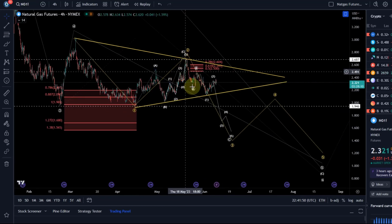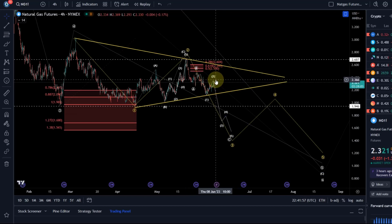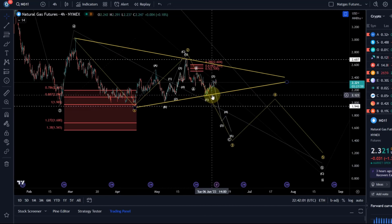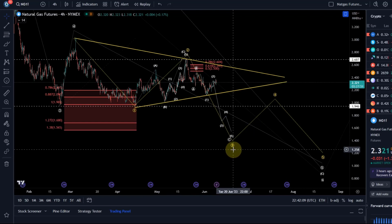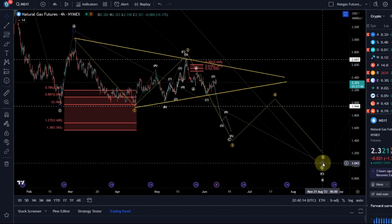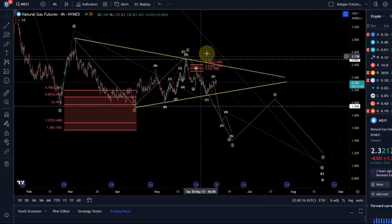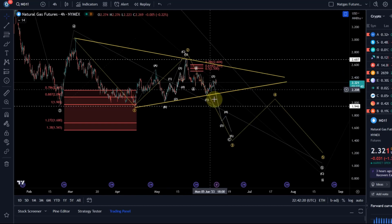Since then, we've been coming down, and this is now really getting a little difficult, because if it now sells off immediately, breaks below the wave 1 low at $2.13, then I think we have some good evidence to say we're now heading down in a 3rd wave. Then we should get a 4th and a 5th, and this move down could be an ending diagonal. That's why I count the move down in the 3rd wave also as an AB, and now the C wave